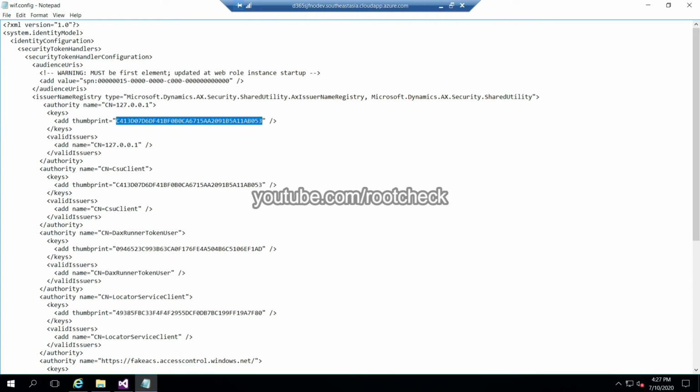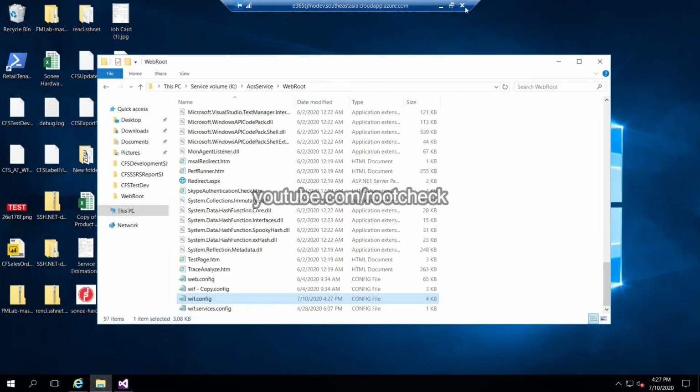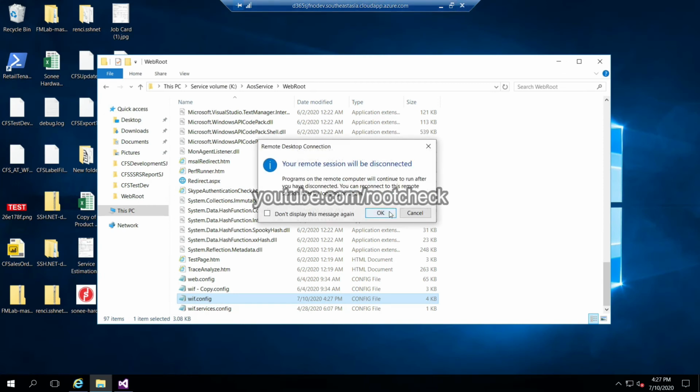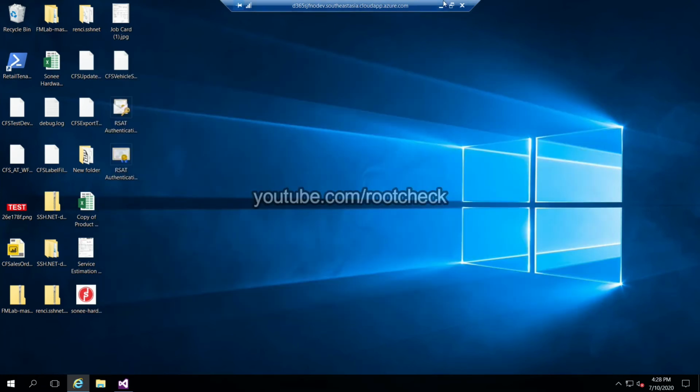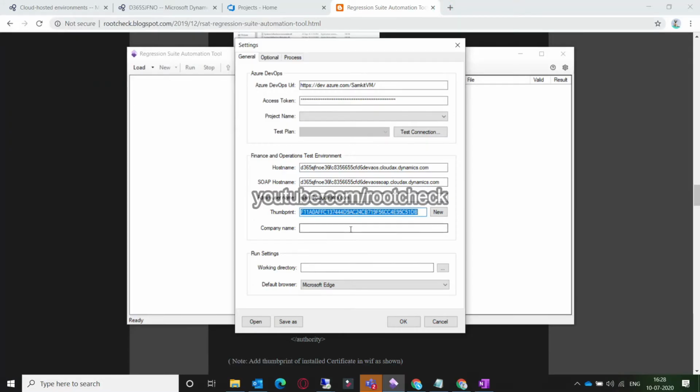Once you have successfully created the block for our thumbprint, just save the file. After saving the file, close the file, and now we can go back to our RSet section and mention your